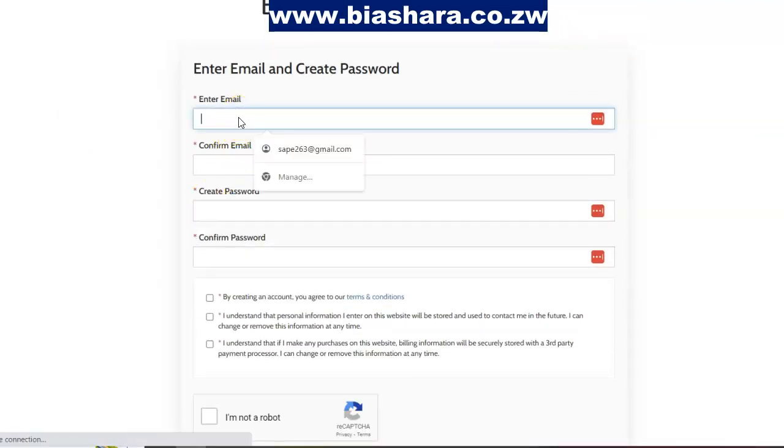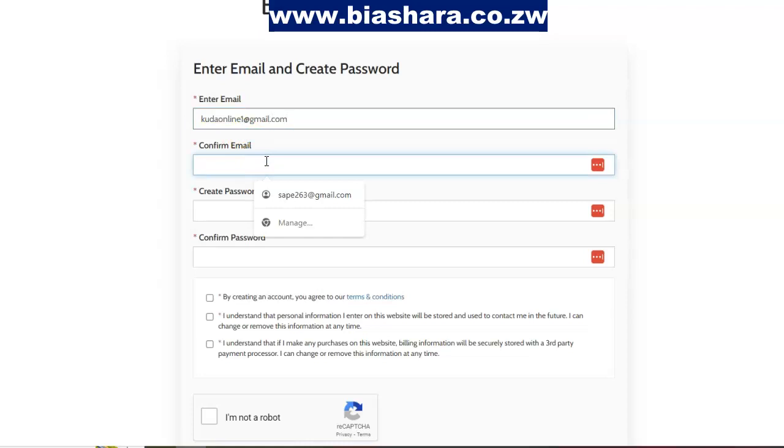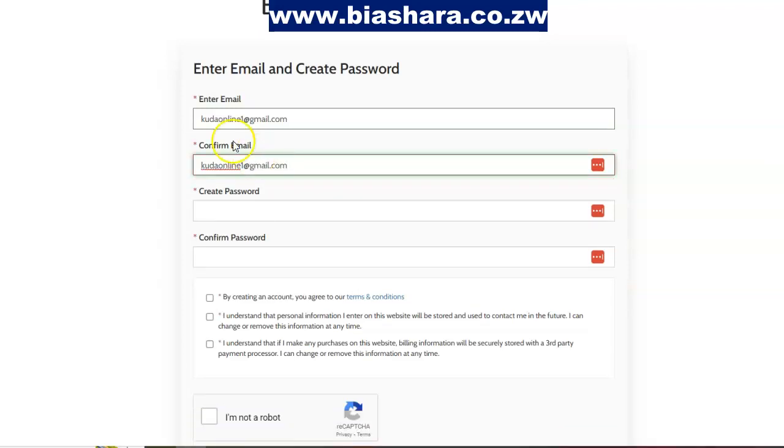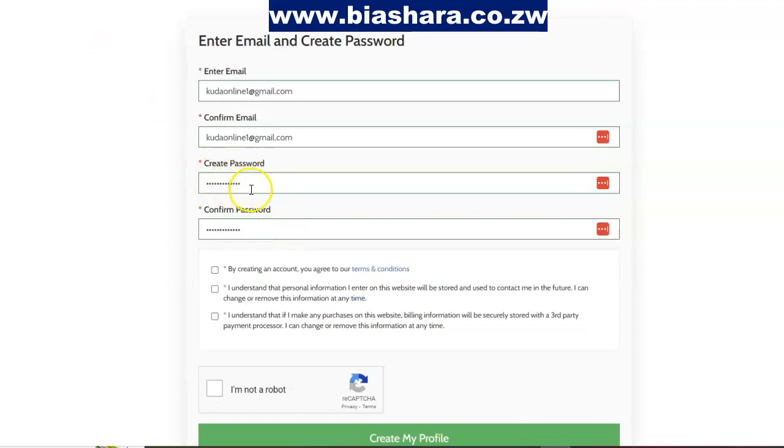And all you have to do is enter your email address. And then you enter your email address again. Make sure that you create your password and confirm the password again. You also have to select these terms and conditions, and you can read our terms and conditions. In order for you to proceed with your registration, you need to click on where it says I'm not a